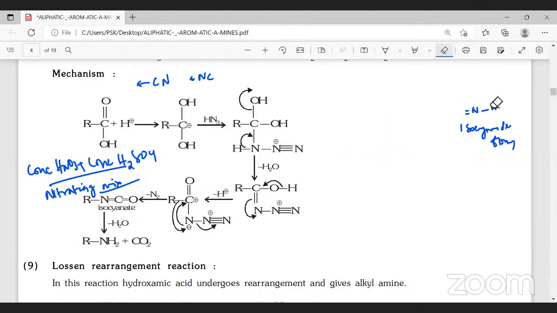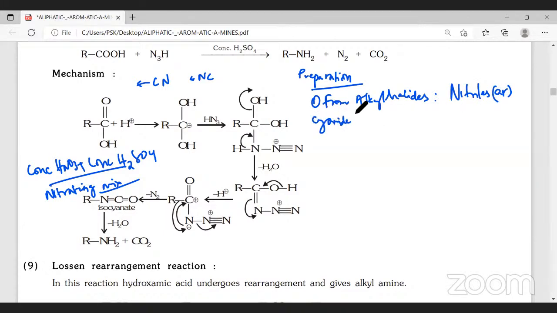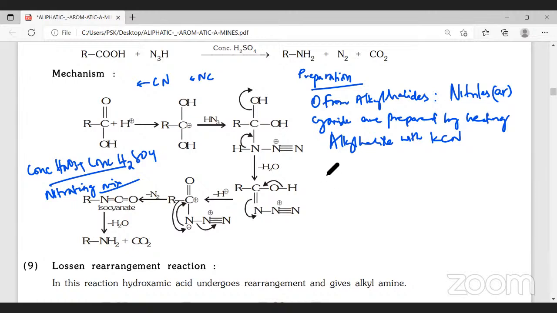The preparation of cyanides and isocyanides. First, we'll learn the preparation of cyanides, and then we can go for isocyanides. Methods of preparation. The first one is from alkyl halides. Nitriles or cyanides are prepared by heating alkyl halide with potassium cyanide. When alkyl halides are heated with potassium cyanide, for example, we'll take